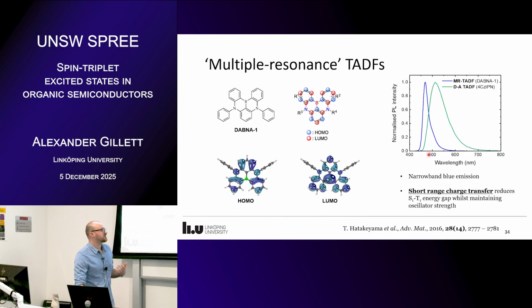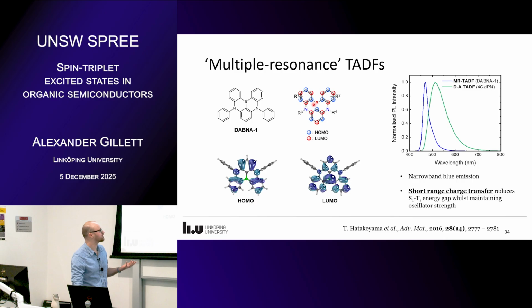And what happens then is, due to the fact they're planar and rigid, you get very nice sharp emission, which you can see here from this nice blue peak from DABNA-1. But also the ability to have a small singlet-triplet energy gap by localizing the HOMO and LUMO on alternating atoms. And indeed, if you calculate this, not just taking this kind of schematic but actually doing the DFT, you do